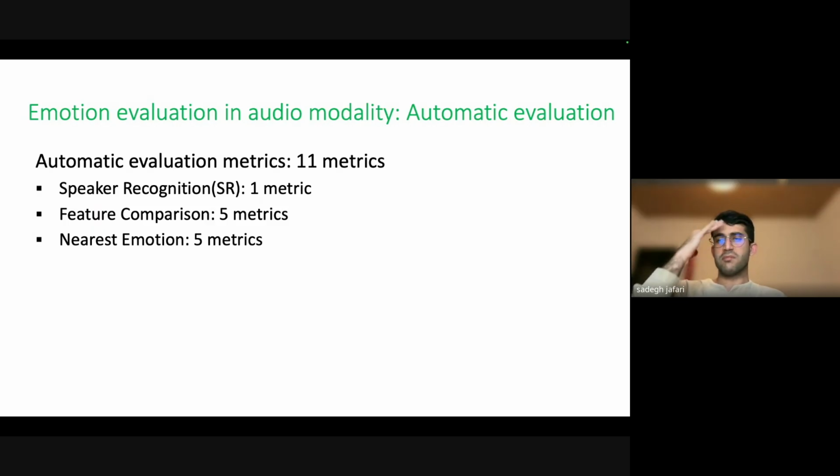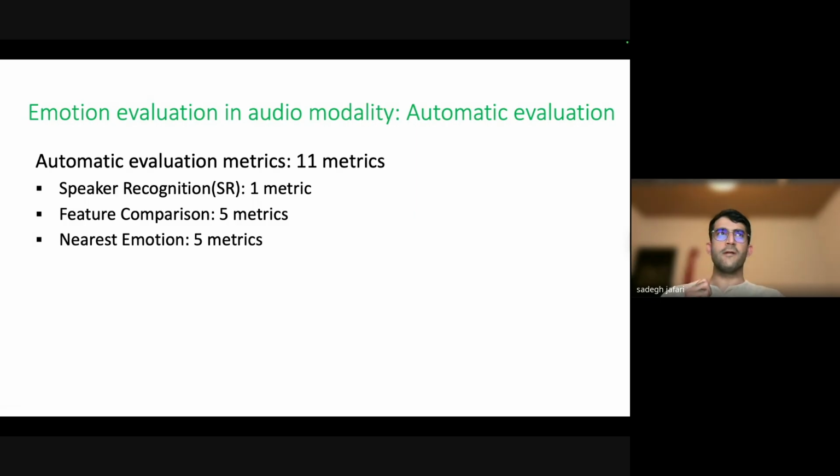Feature comparison means if we have two audios, we want to compare them and measure the error, the actual difference between them. We can calculate some embedding, some feature space, and then compare those feature spaces together. For nearest emotion, it means that we use those feature comparison methods to find the nearest emotion in this space.